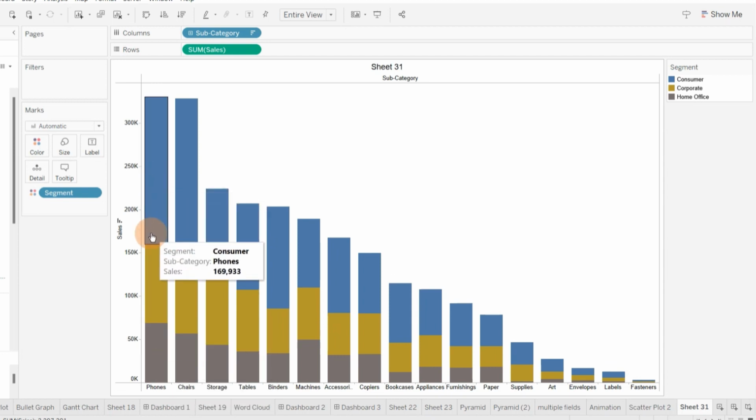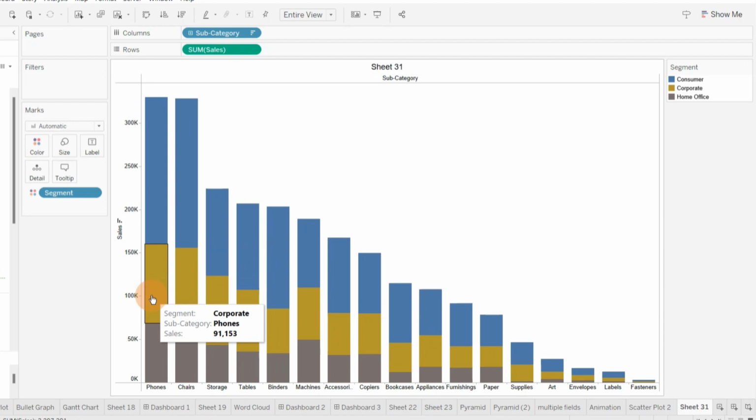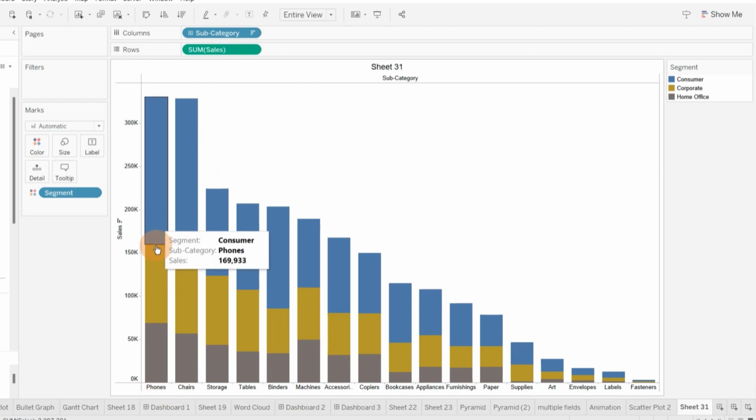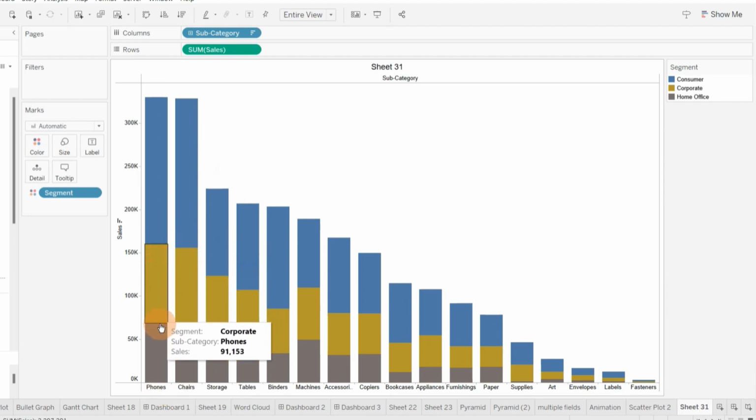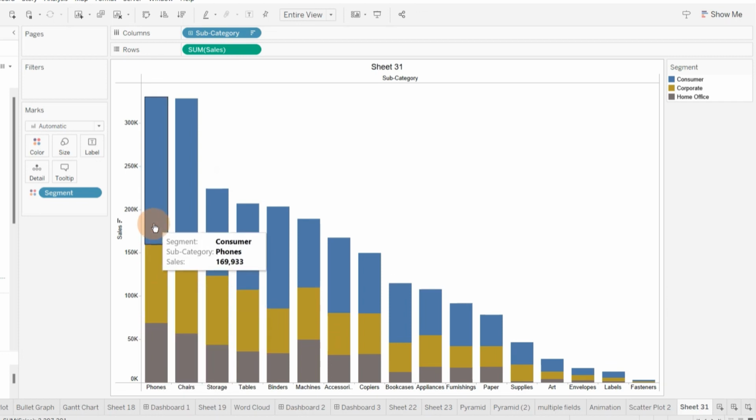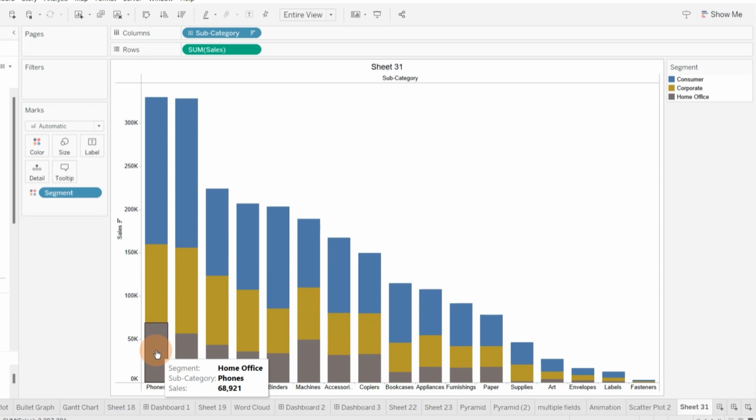This is called a stacked bar chart, wherein we are able to see the different component division in the whole bar. So in my whole bar of the subcategory, I am able to see the different contribution of the segments. For these 3 segments, I have 3 different bars which add up to the total bar.